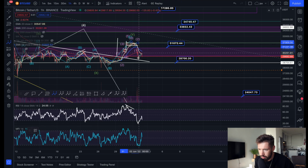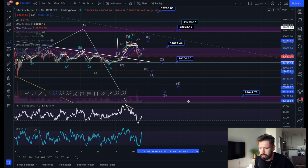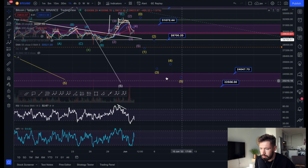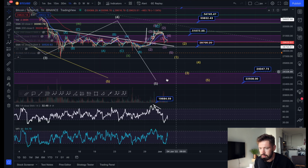So we're starting out 1, 2, 3, 4, 5, and that would complete the wave 1, and you'd be looking for that 5-wave move to the downside. Wave 1, wave 2, wave 3, wave 4, wave 5. Just going to quickly change the color here. Perfect. So you'd be looking for that 5-wave move in the larger final 5th wave, bringing you down to that